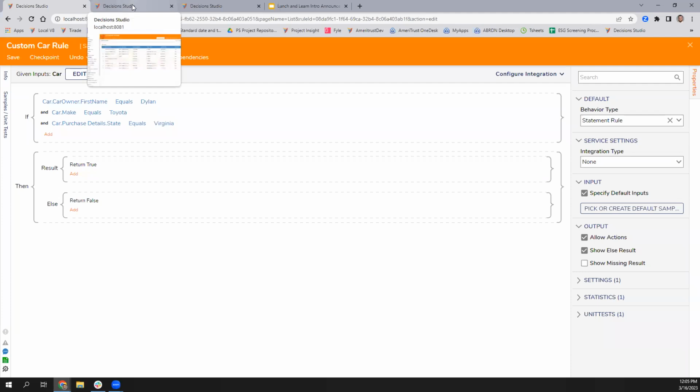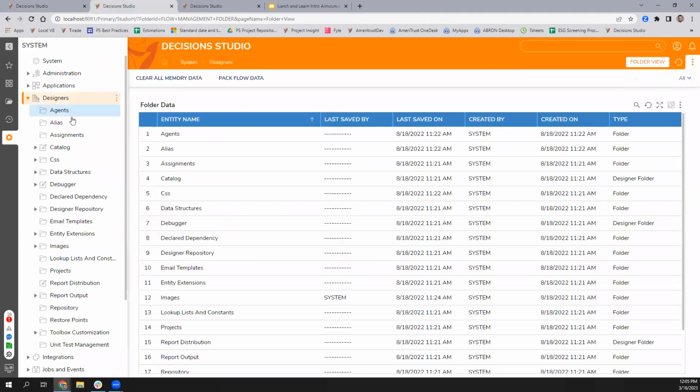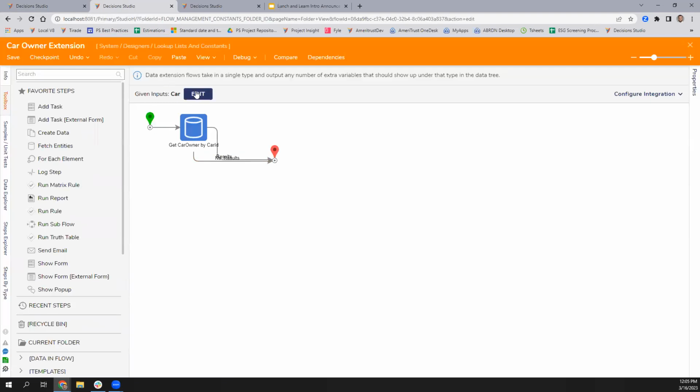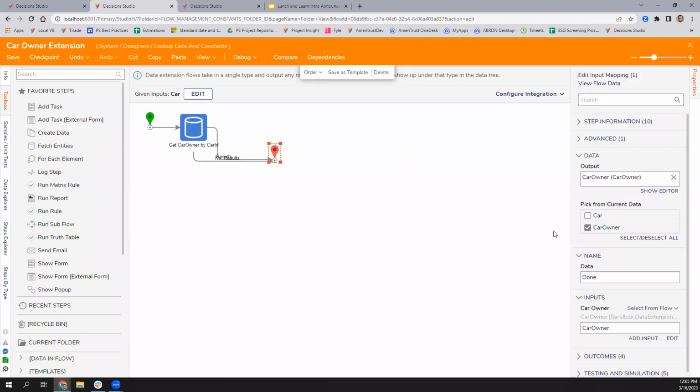To set a data extension up, you would go to designers, into your system folder, then the designers, look up list and constants, and here is where you would add a data extension. The two I put together are car owner extension and car purchase extension. In here, you give this flow an input, which is your core object. In this example, it's car. And what we want to do is, by the car ID, get the owner